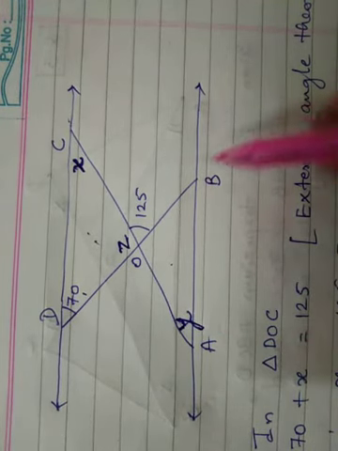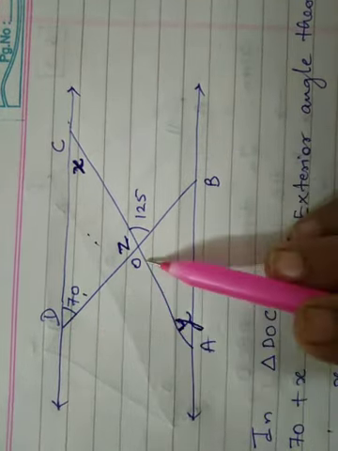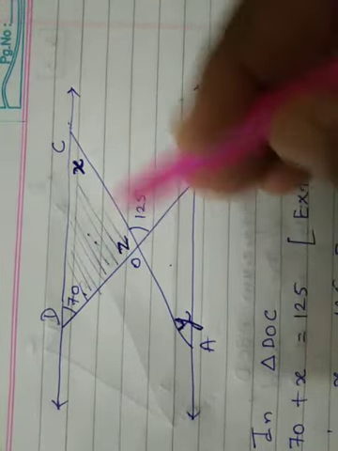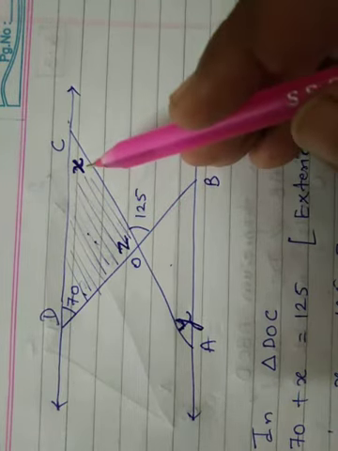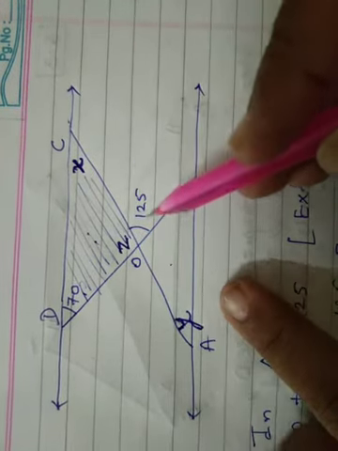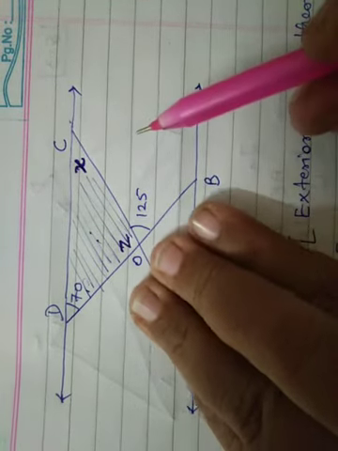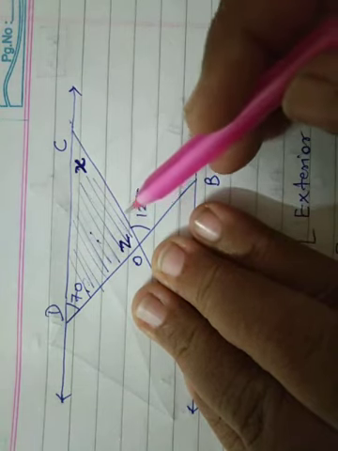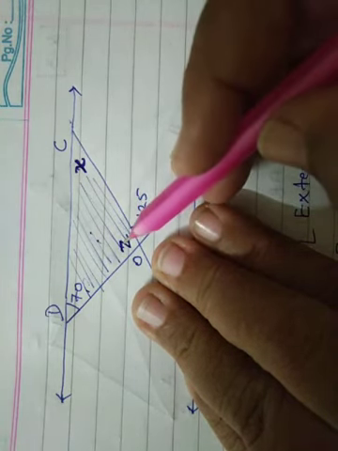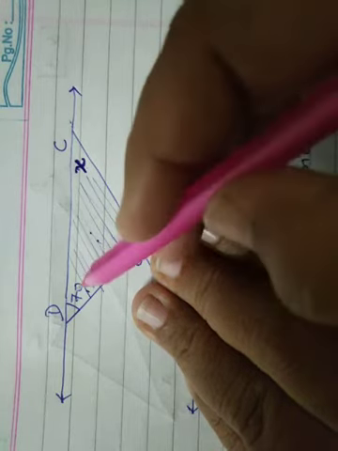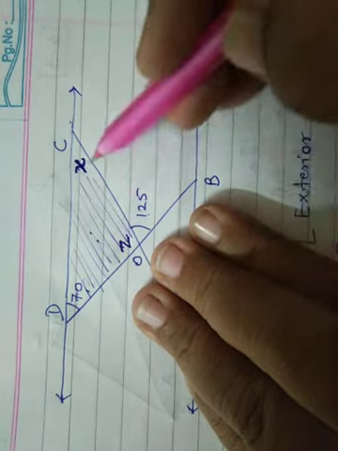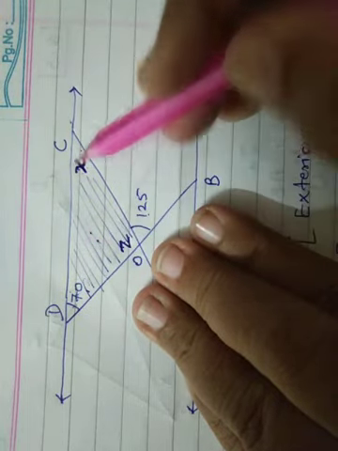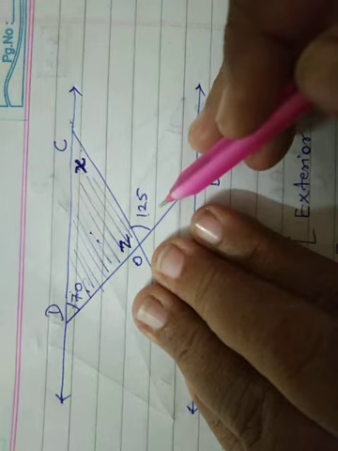Now let me go to the first triangle D, O and C. If I talk of angle DOC, this is the triangle I am talking about. Then this angle 125, forget everything else in the diagram. So this is the triangle and 125 is an exterior angle. तो एक्सटीरियर एंगल के बाजू वाला एंगल नहीं लेने का, and other two angles are called as remote interior angles or interior angles, and the sum of the remote interior angles is always equal to the exterior angle.